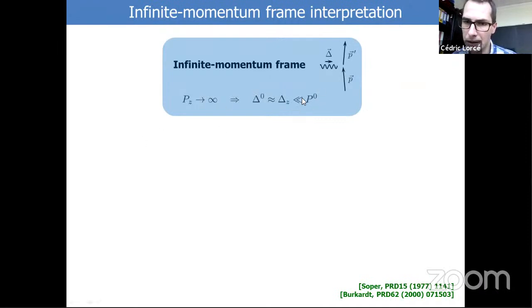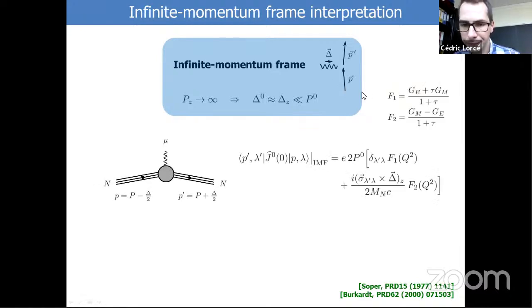Or if you wish, since the energy essentially gives you the inertia of the system, if the system is moving super fast, its inertia is very large. And if it's very large, it behaves essentially as a non-relativistic system, because for a non-relativistic system, the inertia is much larger than the actual velocity or kinetic energy of the particle. So in that case, you can repeat exactly the same thing.